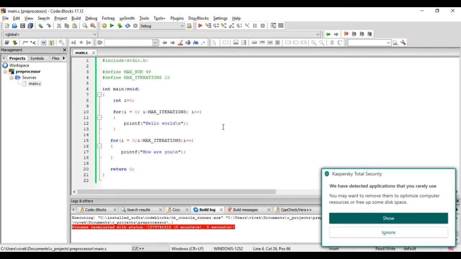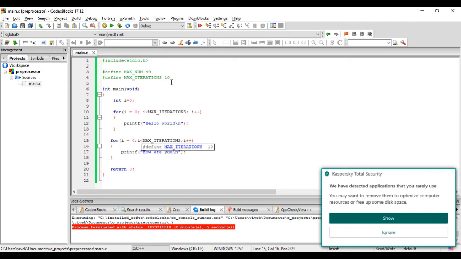When the program gets very large, when the number of lines goes in thousands and tens of thousands, it becomes difficult to find out exactly where we have written that number. We might miss out at some places, like here if we had numbers, maybe we would have made a change here but we would have missed it here. That would have made it difficult for us to keep the program in sync. So that is why it is a good idea to use #defines instead of numbers.